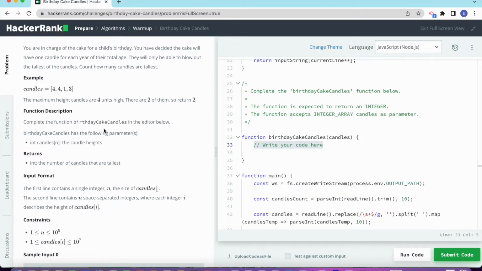Again, it's not the only way, I'm sure, but this is how I chose to deal with it. So we get this array of candles, and the first thing that we're going to want to do is loop through this array and find the tallest candle. So let's start out by declaring a variable. This variable will store the height of the tallest candle. So let's call this tallest candle